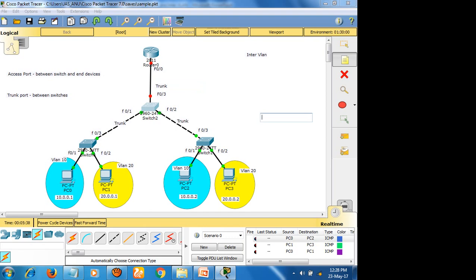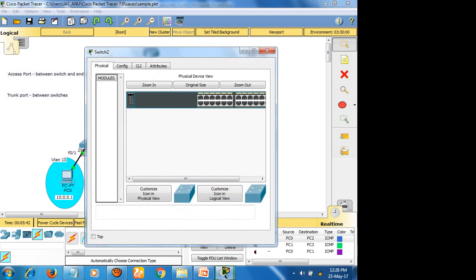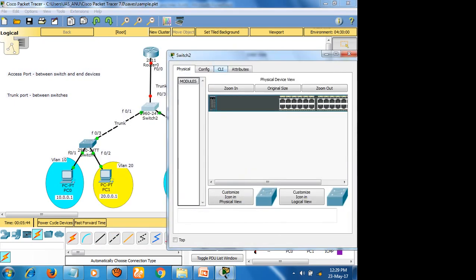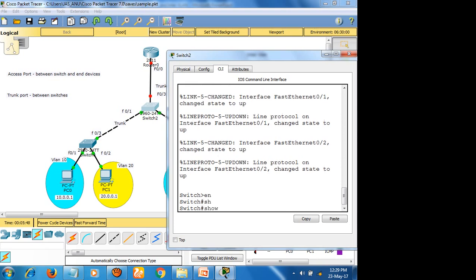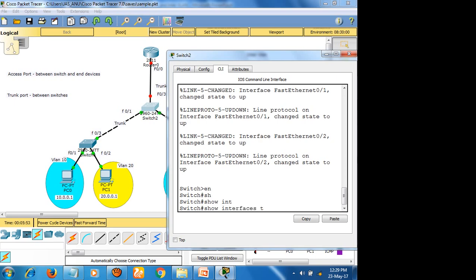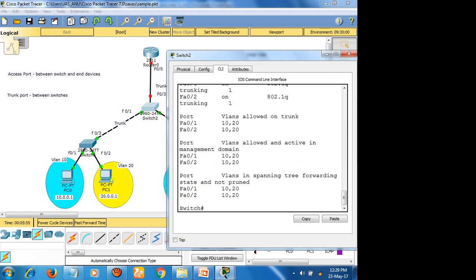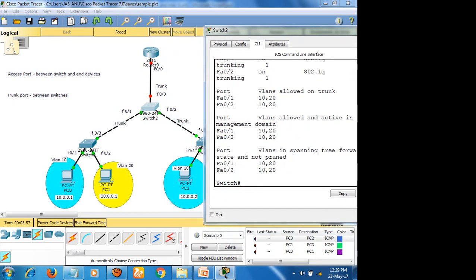All are trunk interfaces, but I did not configure it yet. Look at here, show interfaces trunk. How many interfaces have we configured right now? 0/1 and 0/2. So what about 0/3?